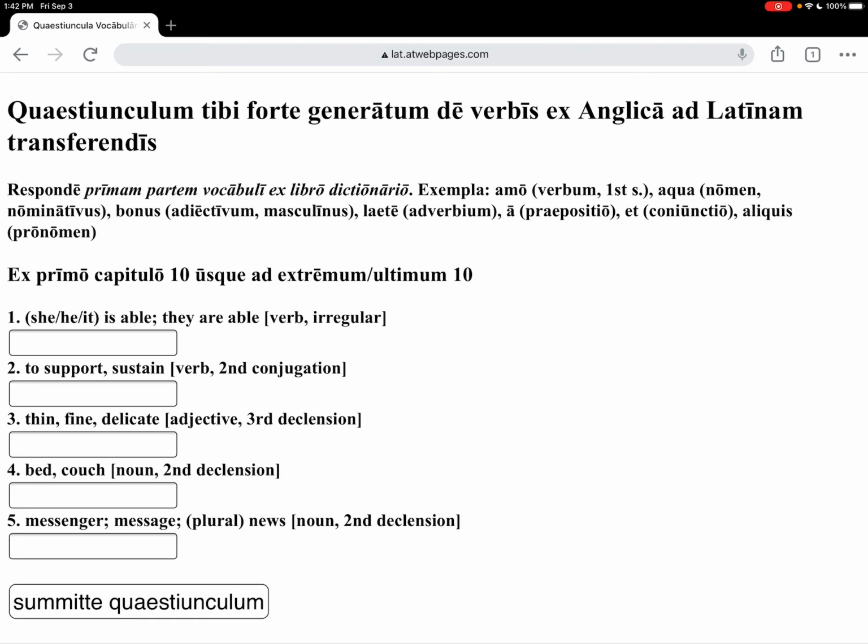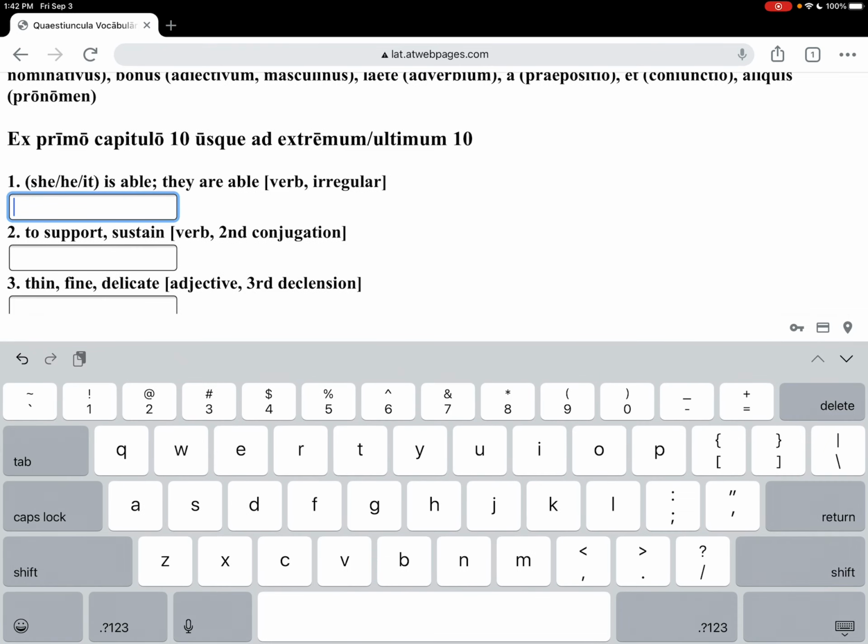Now, the way that I do this on quizzes and tests, you have to give me the first Latin word in the Latin entry. For example, a verb like amo has amo, amare, amavi, amatum, if you've got all 4 principal parts. Let's see how we can do. He, she, it is able, they are able. Well, I just want to give the first Latin word here. So the he, she, it is able, potest. To support or sustain. All right, well, let's go with sustineo,